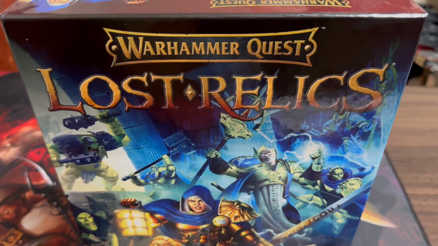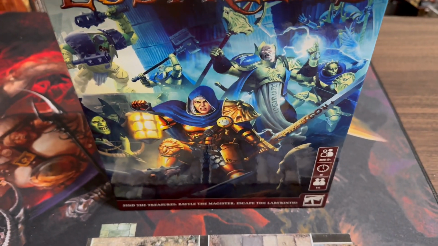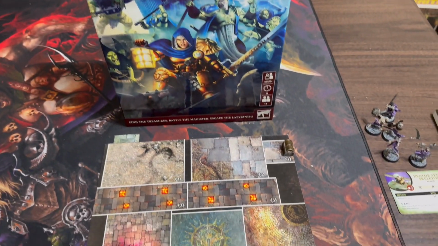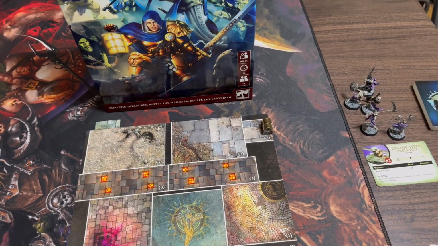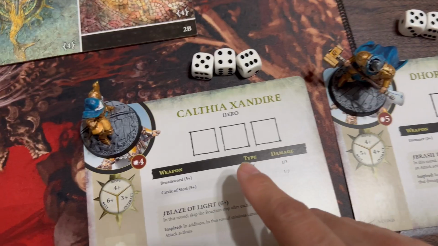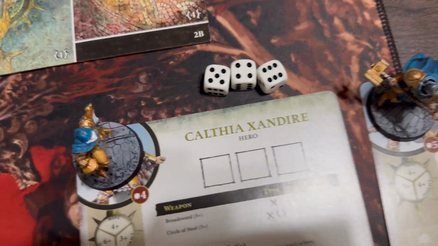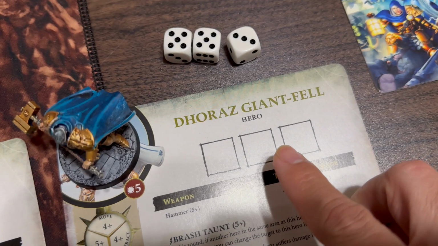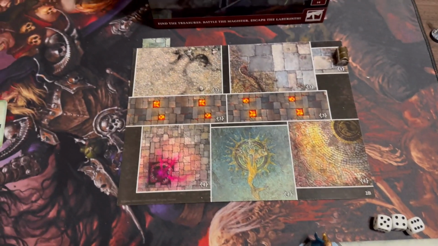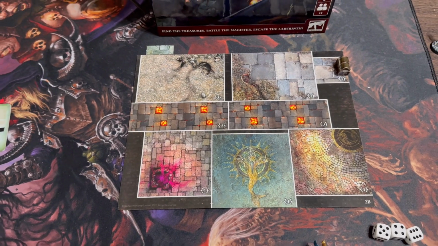We're going to be playing some Warhammer Quest Lost Relics, a game released by Games Workshop a few years ago. This game is a 1 to 4 player game. It is just me playing, so I'm going to be using 2 of the Stormcast Eternals, which would be Calthea Zandire and Doraz Giantfell. We're going to be playing Adventure 1 into the Hoard, which is in the actual game